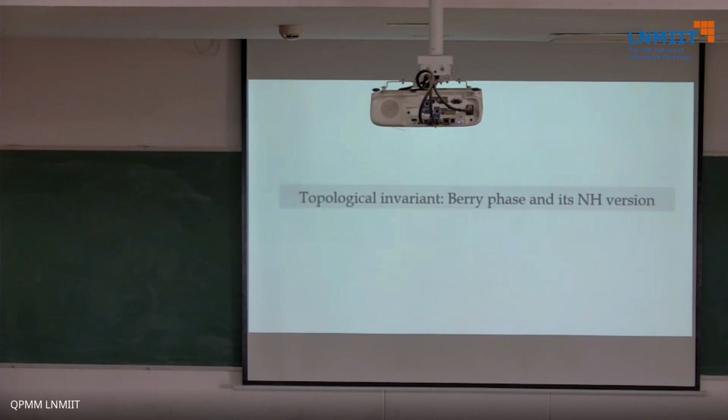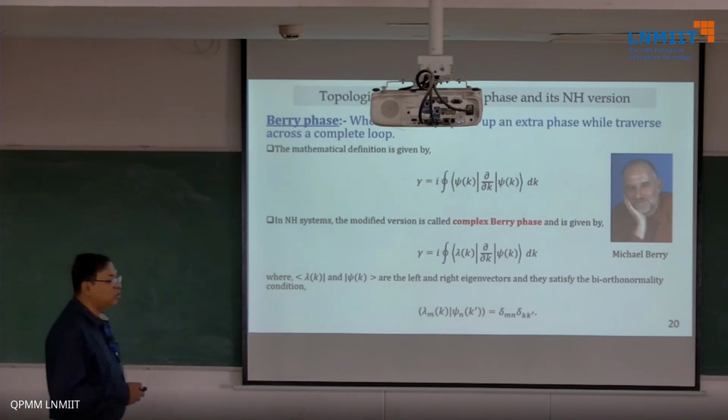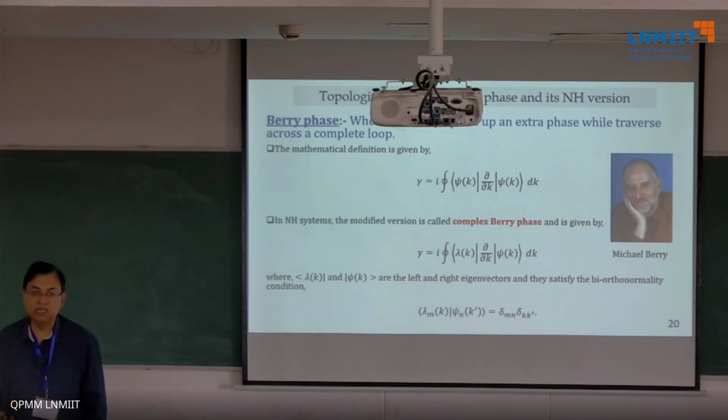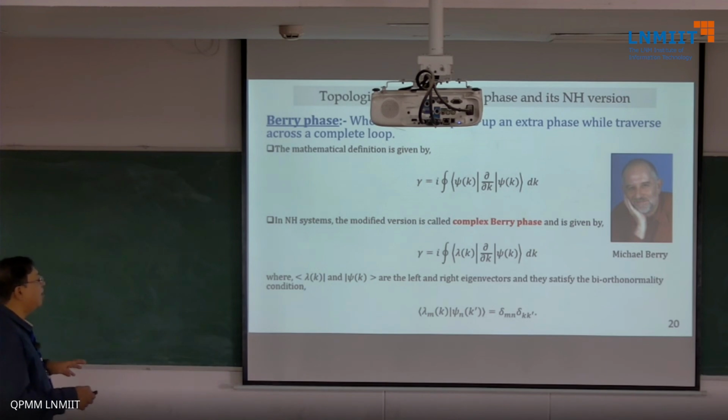So it's still tweaking the Hamiltonian in a given way, and what you need to understand is that all these known concepts of Hermitian systems will now have to go away because your H is not equal to H dagger. Because of that you have a right-handed thing. This is the Hermitian definition of Berry phase, and in the non-Hermitian definition this psi has to be replaced by lambda, where lambda is the left eigenvector and psi is the right eigenvector, and they have to satisfy bi-orthogonality or bi-orthonormality conditions, where the inner product of lambda and psi has to be equal to 1.